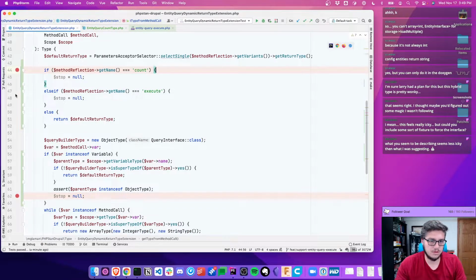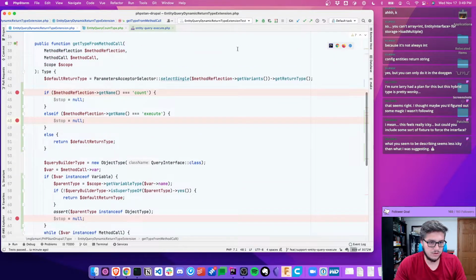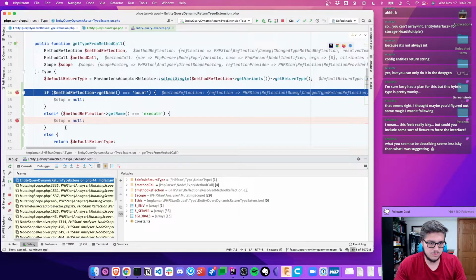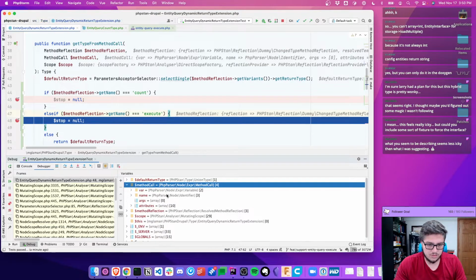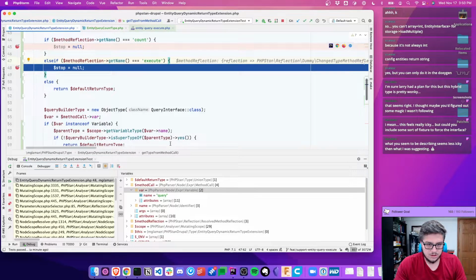Are we? So how do we here? It's actually breakpoint in the ifs. All right, so we got method reflection, method call. There is query. So we'll do